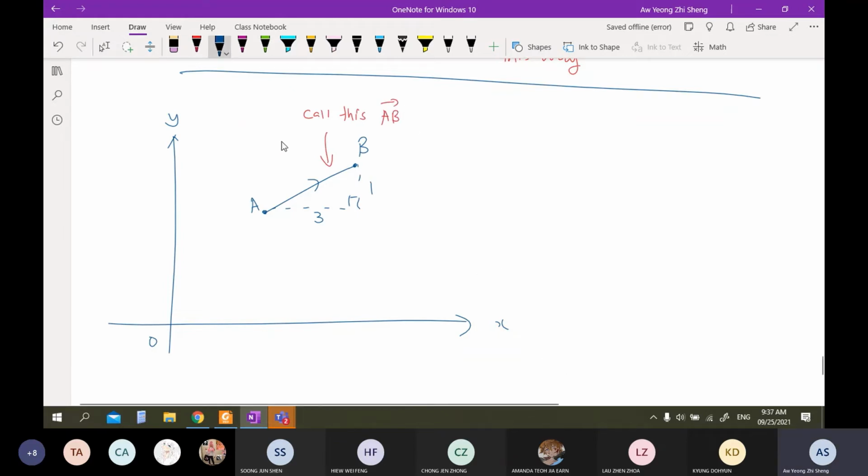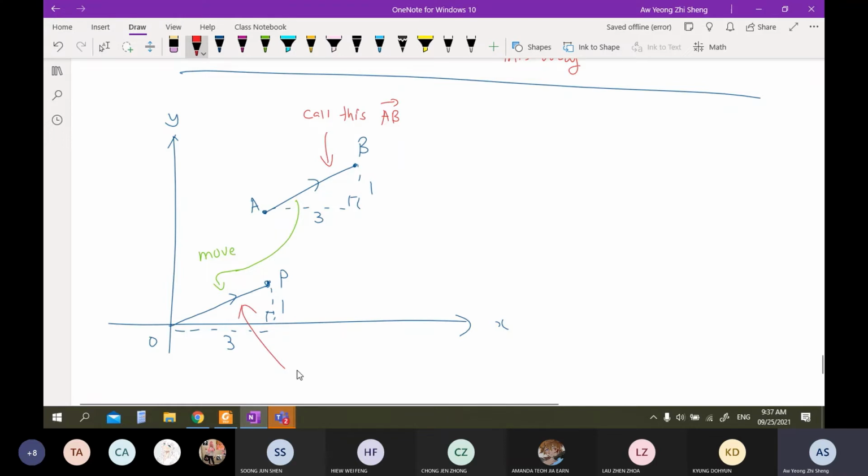Now, if I move this vector and place it here, maintaining the length and direction, so that now it starts from O, and let's say the ending point is now P. It still maintains the same direction and same length, so it's still 3 units to the right and 1 unit upwards. After I move it, although now the vector is connecting point O to P,